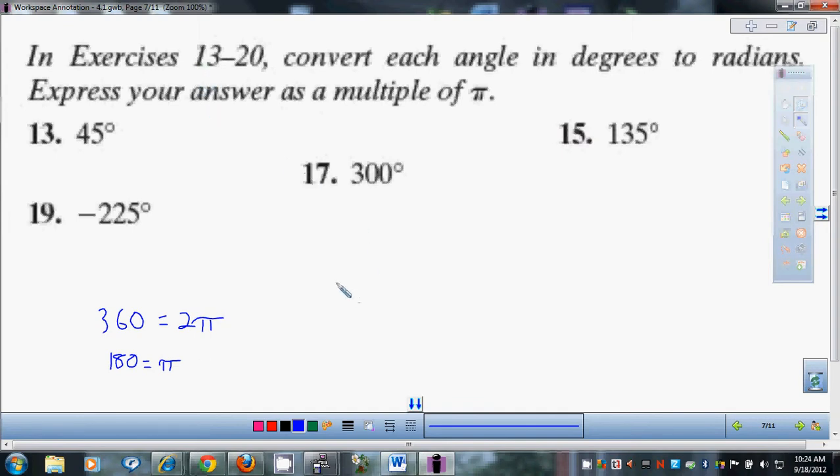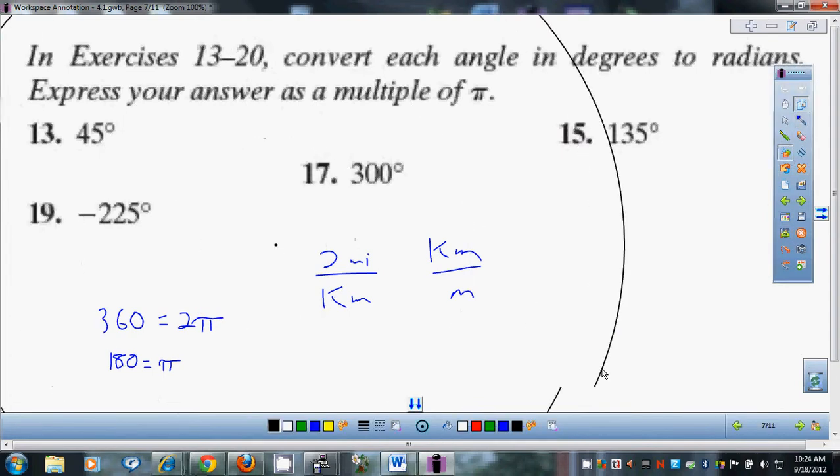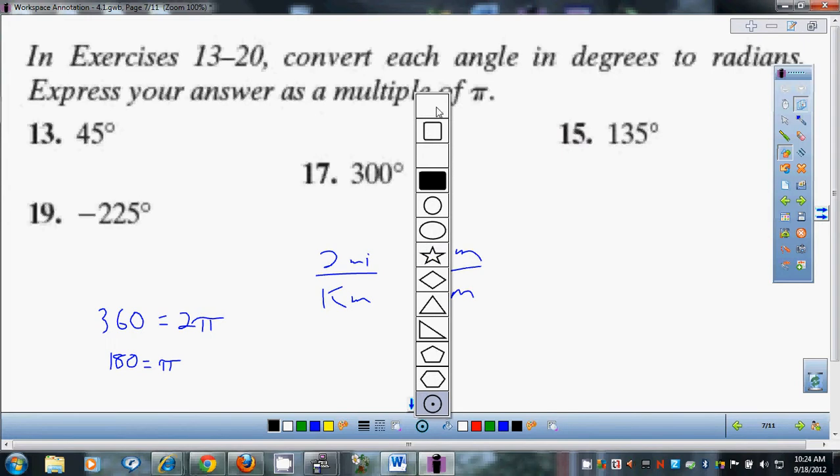But you know how in chemistry, if they say convert 2 miles into centimeters, you have to say there's so many miles in a kilometer, and there's so many kilometers in a meter. You know how you have those conversion charts? Similarly, that's exactly how we are going to convert